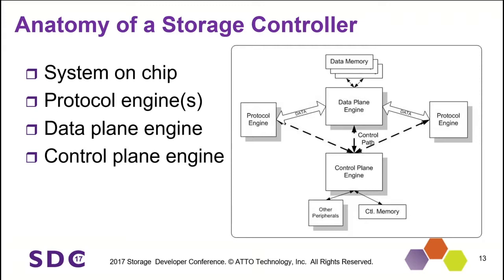Typical storage controller nowadays, it's a system on a chip. So you have a protocol engine, a data plane separate from a control plane, all right? So your data plane is your fast path. Reads and writes are going to blast through that. They don't have to have any kind of software in the way in the controller. You just write through your data plane. That's for moving the data quick. And then you have a control plane for everything else, if you have errors or anything like that, or other commands that aren't reads or writes or verify. This is the same kind of thing that Tom was talking about inside the disk drives. He's like, oh yeah, you always have a fast path and a slow path.